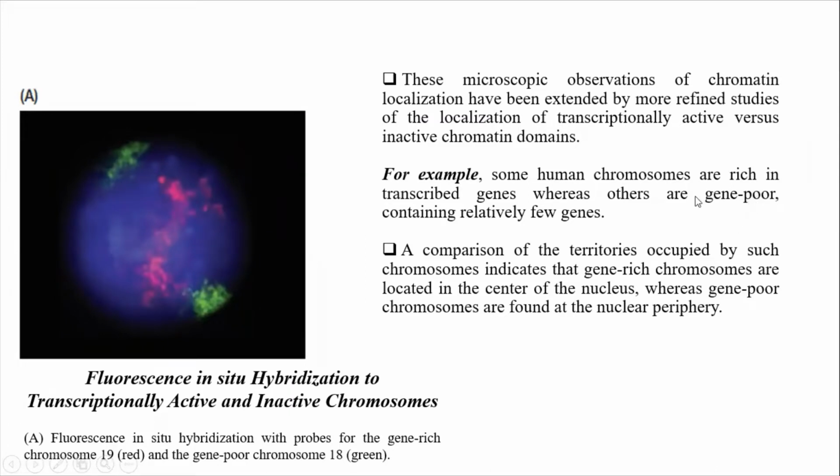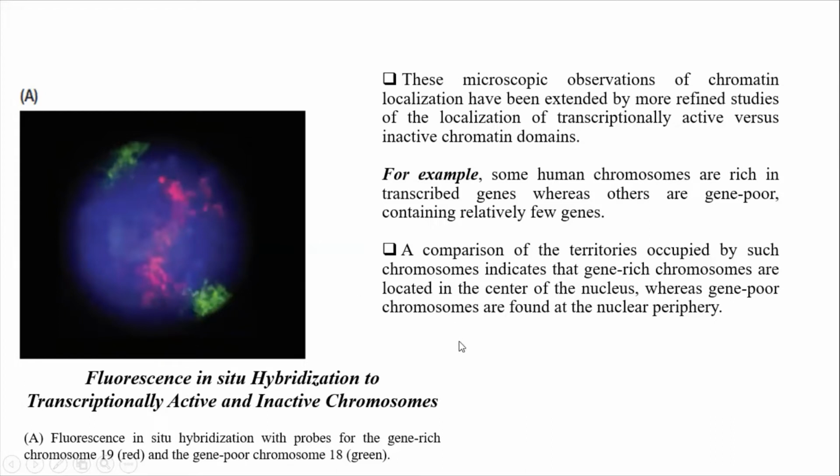A comparison of the territories occupied by such chromosomes indicates that gene-rich chromosomes are located in the center of the nucleus, whereas gene-poor are found at the nuclear periphery. Now, you can see it over here. The fluorescence in situ hybridization with the probes for the gene-rich chromosome किया है red. ये आपका रेड रीजन हो गया, ओके, एंड जो जीन पुअर हो गया वो आपके न्यूक्लियर एनवेलप के पास हो गया,